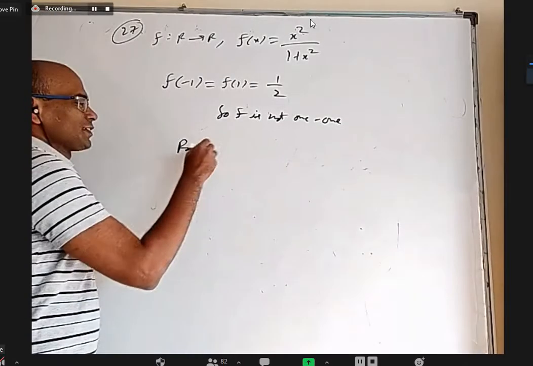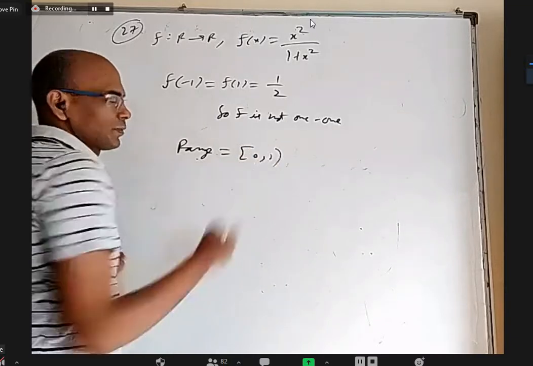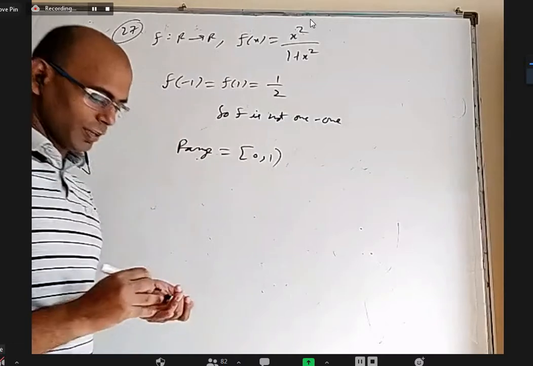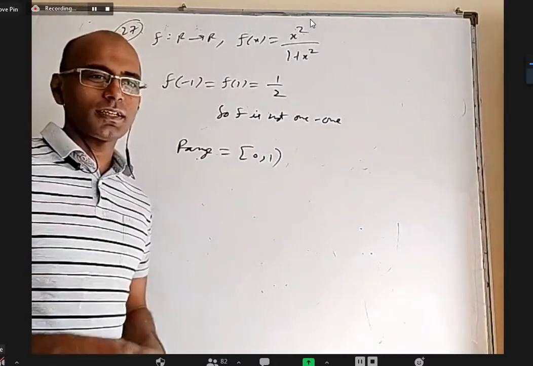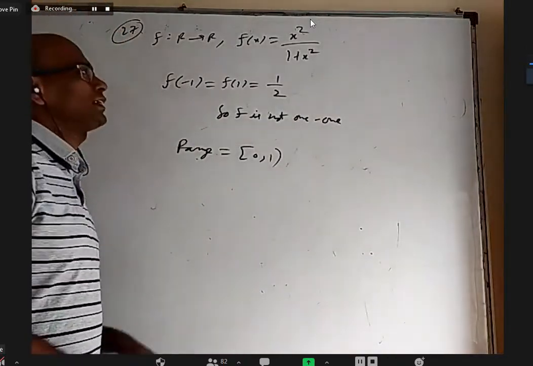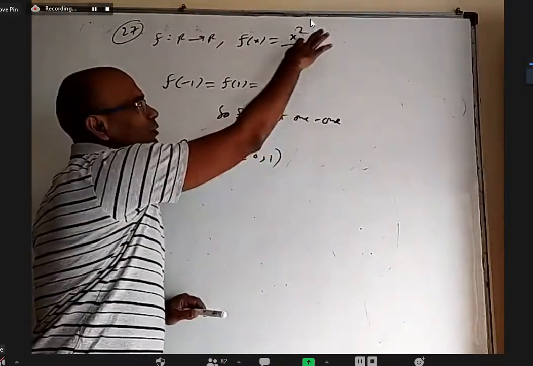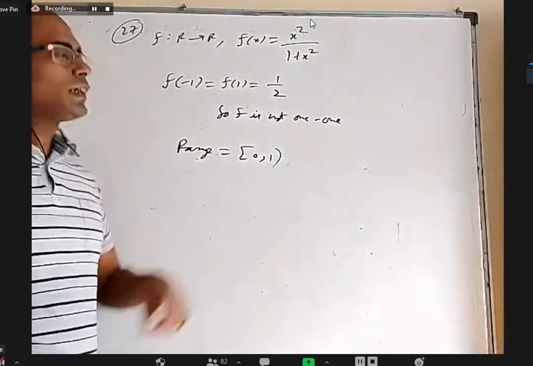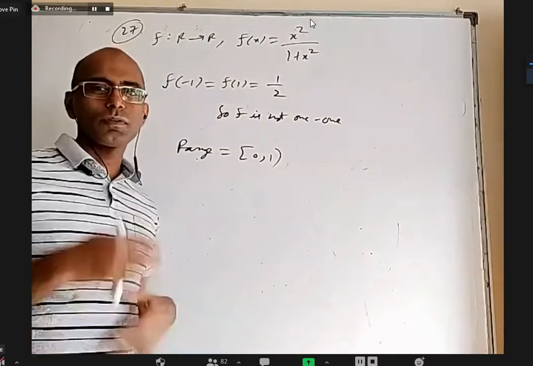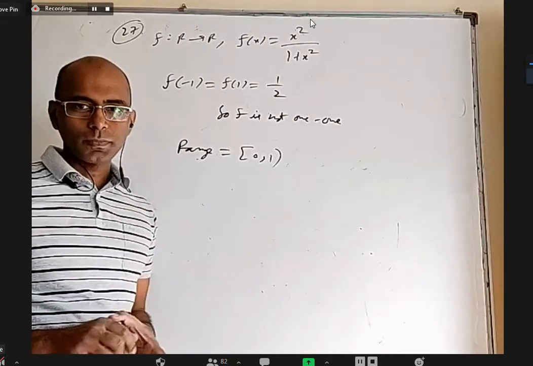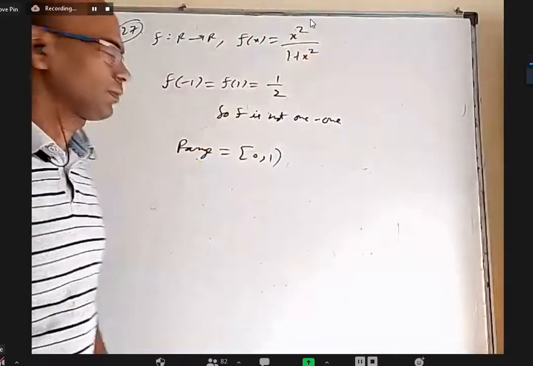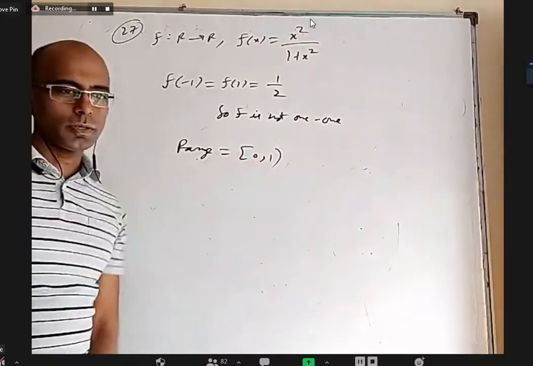Here, the range is closed 0 to open 1. We discussed last time, after discussing some 4 methods, the range for this. I said take x equal to tan theta, add 1, subtract 1, many things we discussed. At the end of all that, I said this is always positive, and the numerator is less than the denominator. Something less by more will obviously be less than 1. It cannot be equal to 1; equal to 1 doesn't have any solution. 0 is possible, so closed 0 to 1 open.